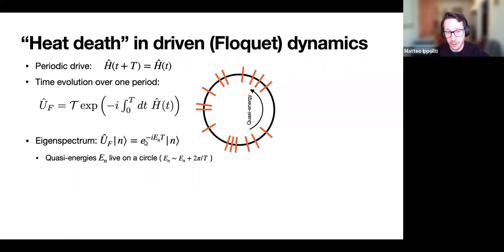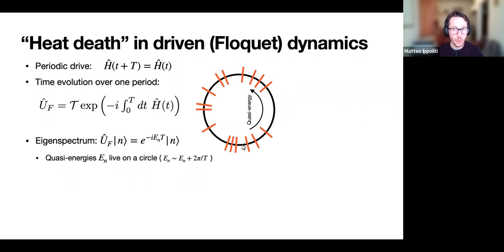And from these phases, we can extract in a standard way a so-called quasi-energy. So just taking the log of the phase and normalizing by the period that we can set equal to 1 for convenience later on. And this means that these quasi-energies are similar to energies in a Hamiltonian, but they're defined modulo a frequency, so modulo 2 pi over our period capital T. Therefore, we can imagine these quasi-energies as living on a compact circle rather than a line.